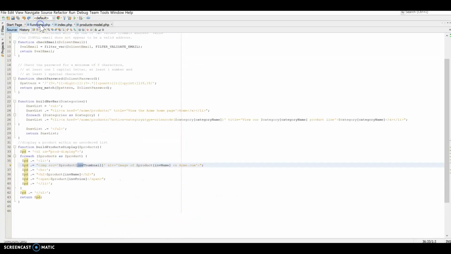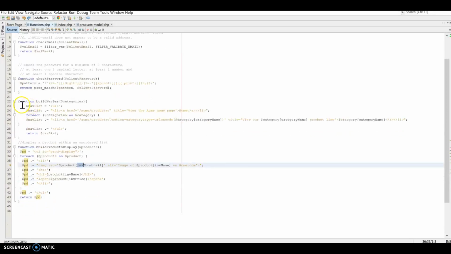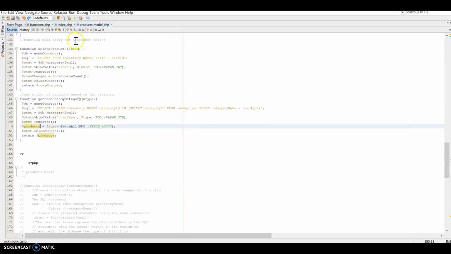Okay, as you can see, I added the functions that it required today. The build navbar, I changed these out to be products, and then I changed out this line so it also has the type in there. So then I went to the product module